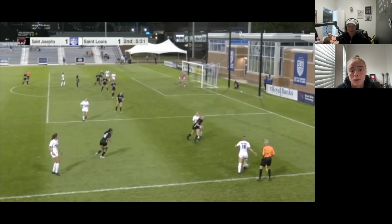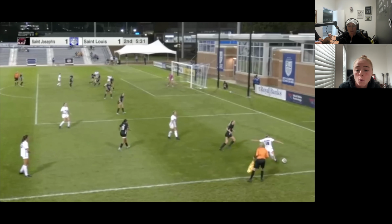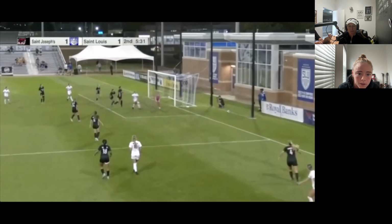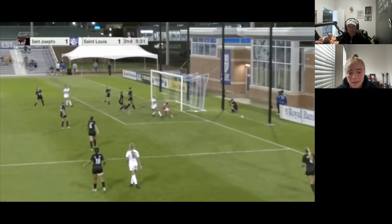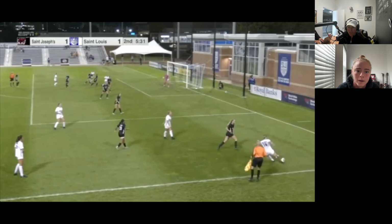But as this ball then goes backwards once more, little step backward you see from Katie in this moment, I think it could be even more so because she's going to have to serve this from this particular region until or if she was able to cut in more towards the actual half space. But again, I think it's really important to note that on these types of services, just because it's going towards the byline doesn't mean you have to automatically go out towards your near post and get squared up,